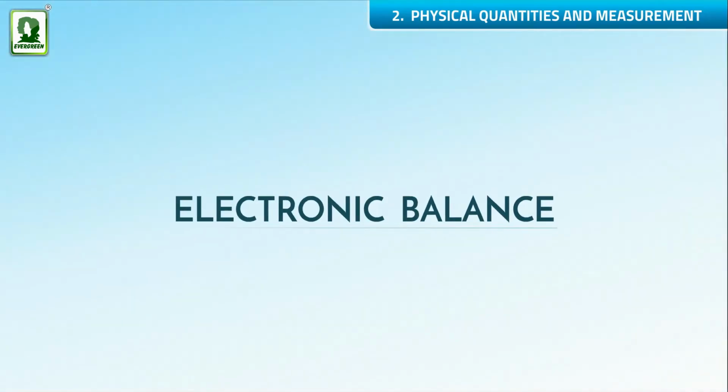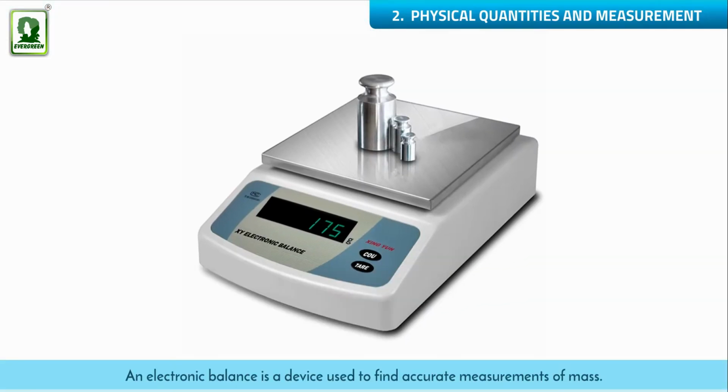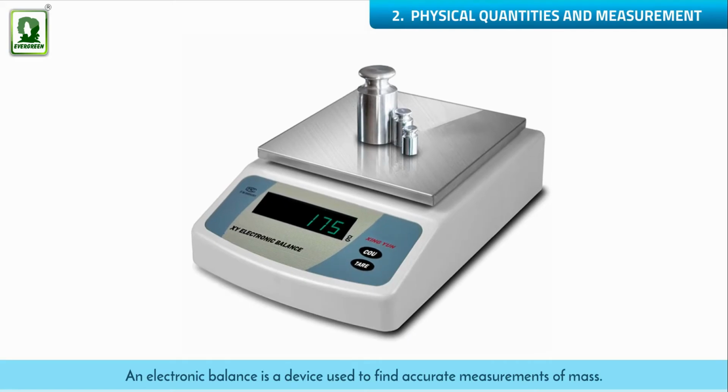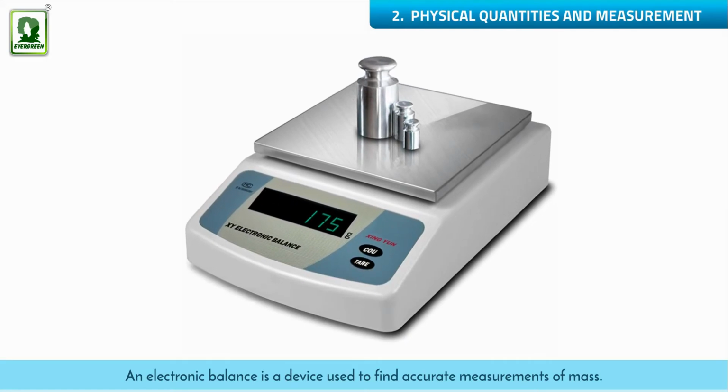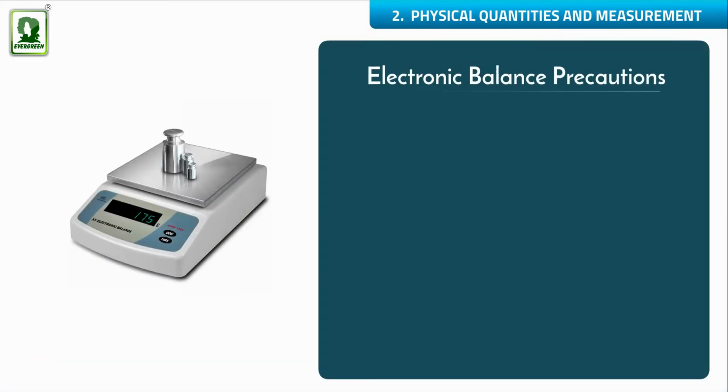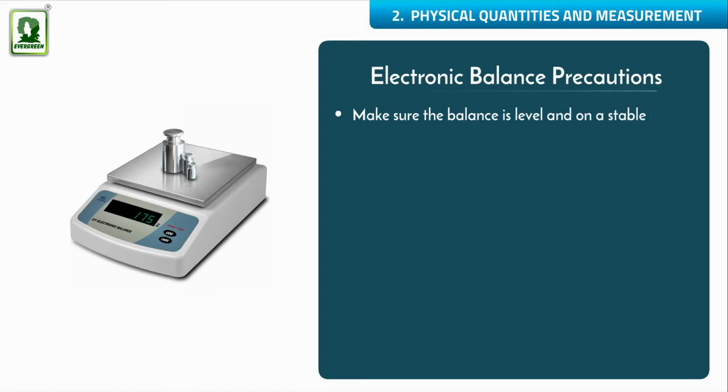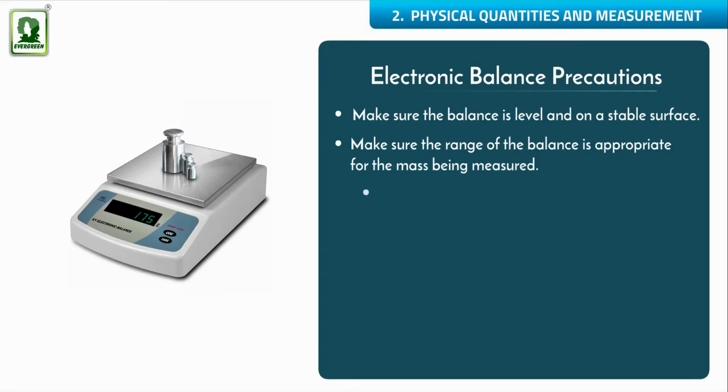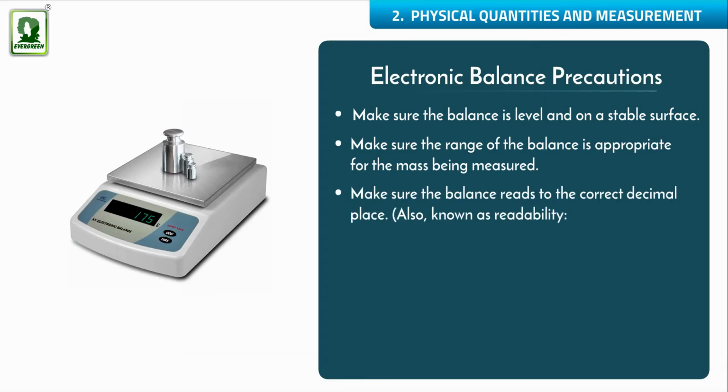Electronic balance. An electronic balance is a device used to find accurate measurements of mass. Electronic balance precautions. Make sure the balance is level and on a stable surface. Make sure the range of the balance is appropriate for the mass being measured. Make sure the balance reads to the correct decimal place, also known as readability, 0.1 gram, 0.001 gram,